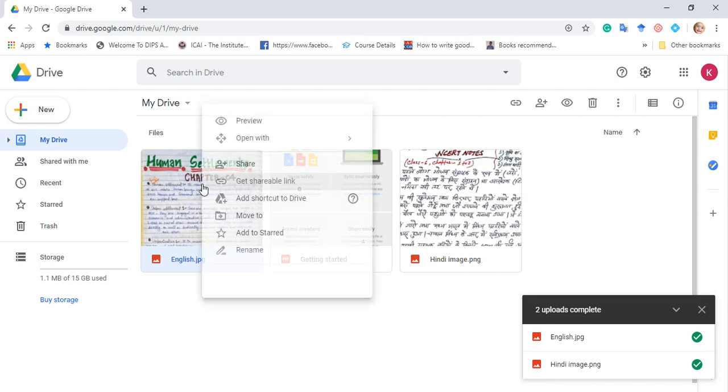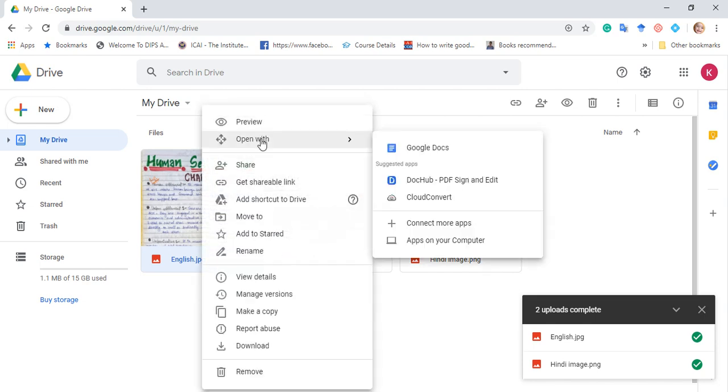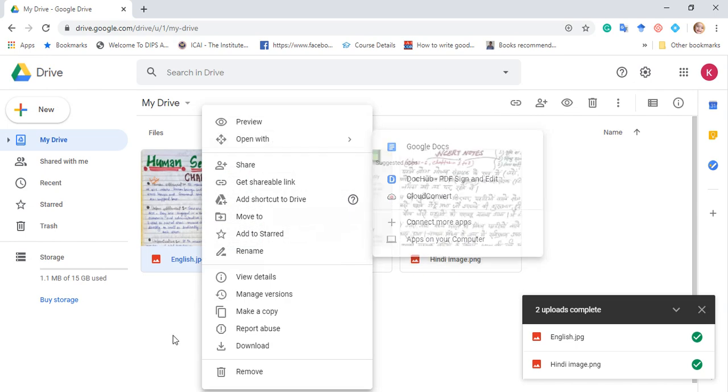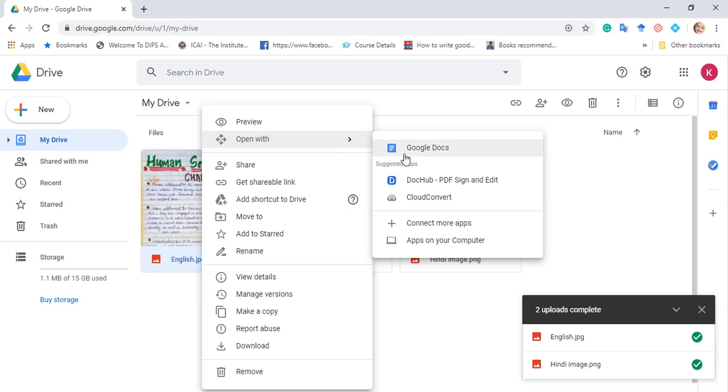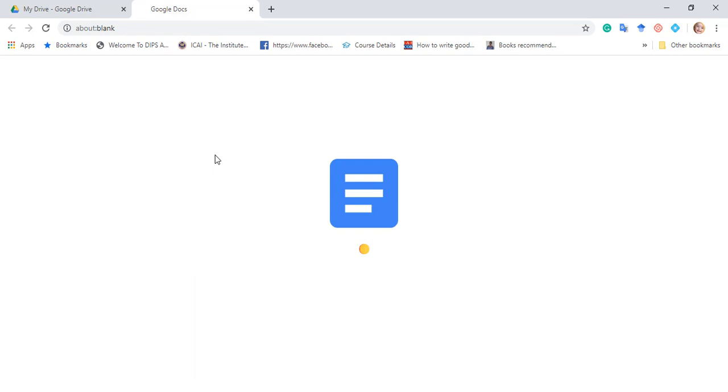So I'm converting the English file first. You just click on that and then open it with Google Docs. Then your file starts to convert in Google Docs.